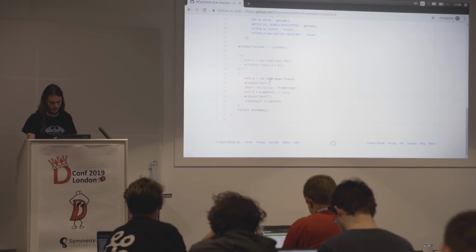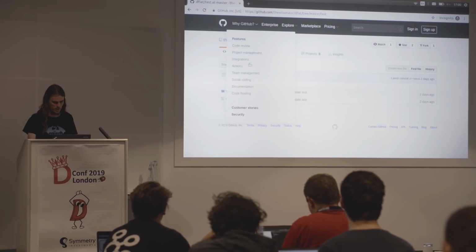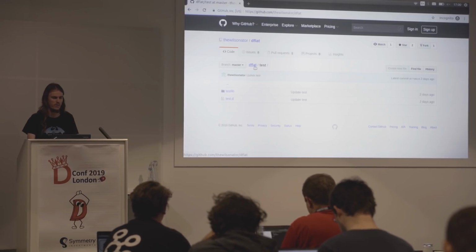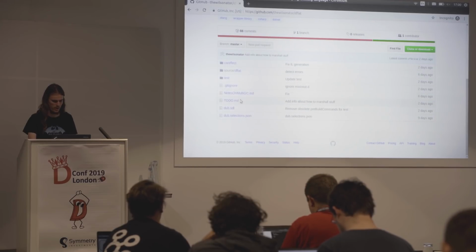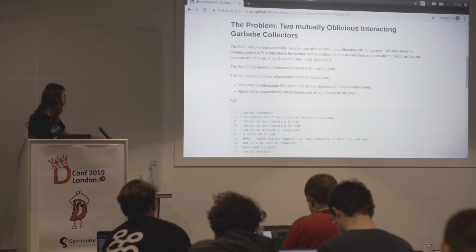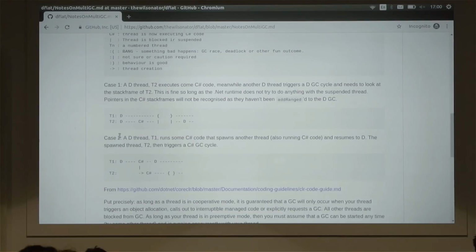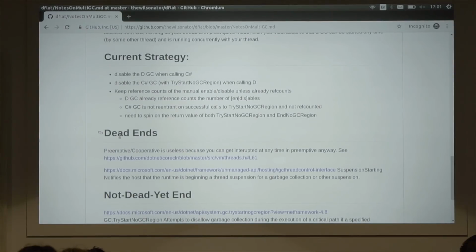The unpin there is because C# has a GC, and we have a GC, and two GCs don't play particularly nicely together. So currently the strategy is, when you want to call a C# method, disable the D GC, call the C# method, and then re-enable the GC on the other end, so that you don't get horrible bugs. There are some notes on why this is the case here. This was mostly just me doing a brain dump of what problems you will have if you don't do things properly,